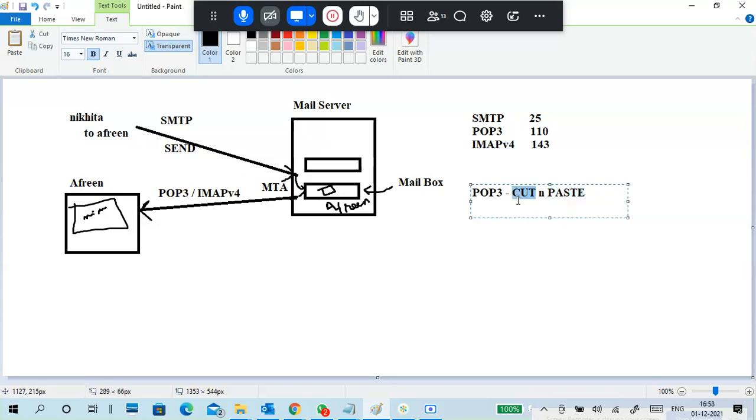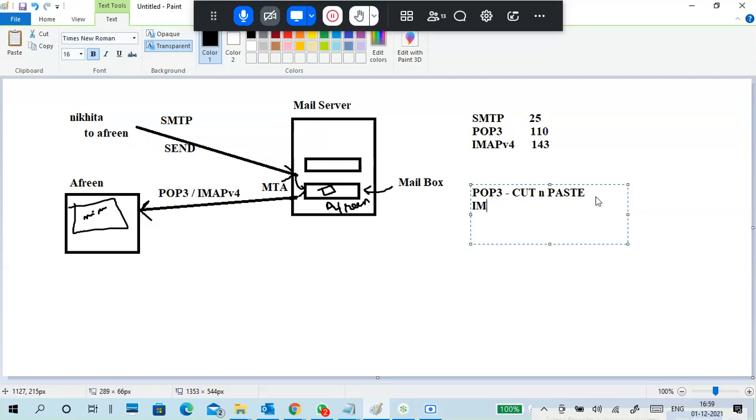Once you cut, the main location doesn't have the data. So when you download a mail from the server to the client machine, after a certain period of time the server deletes that mail, and then your mailbox becomes empty on the server.